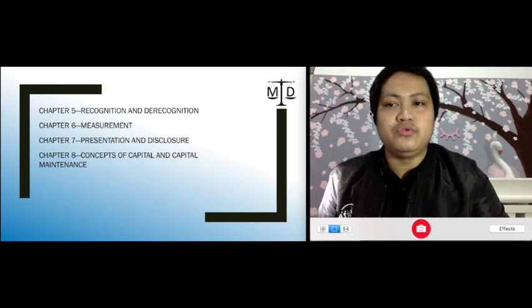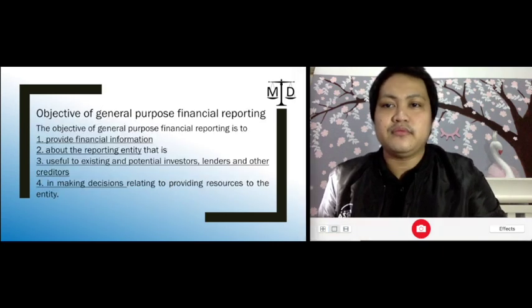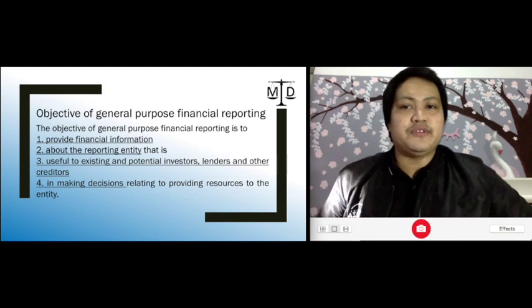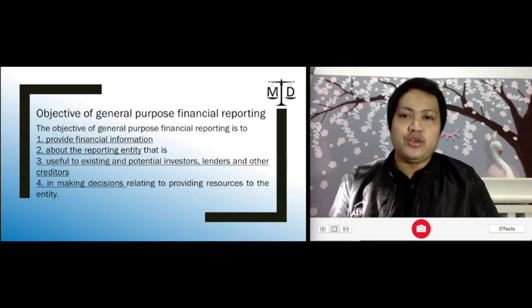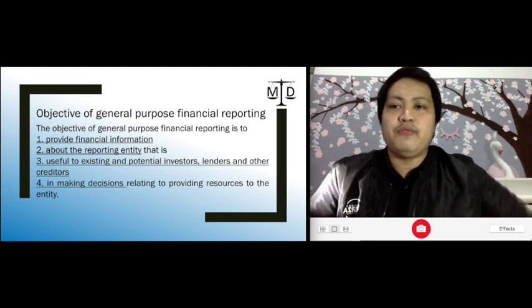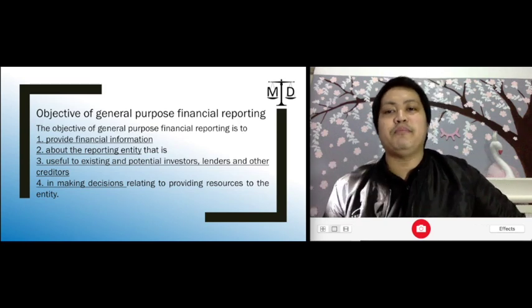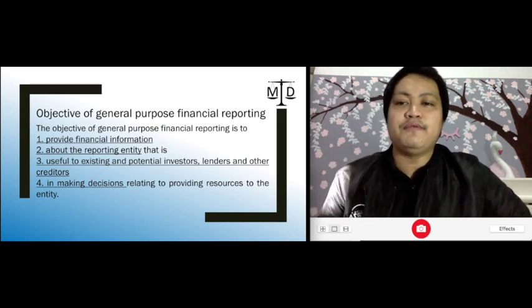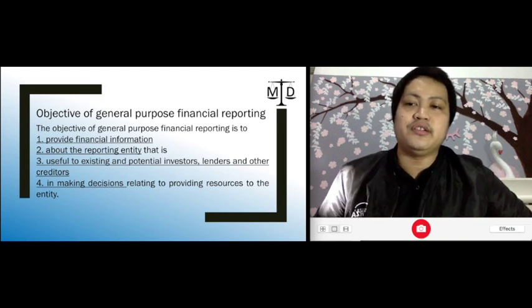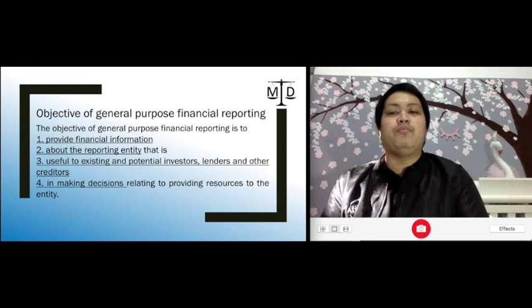So we proceed to chapter 1. Chapter 1 again tells us of the objectives of the general purpose financial reporting. If we read the objective given in the framework, it tells us that the objective of general purpose financial reporting is to provide financial information about the reporting entity that is useful to existing and potential investors, lenders, and other creditors in making decisions relating to providing resources